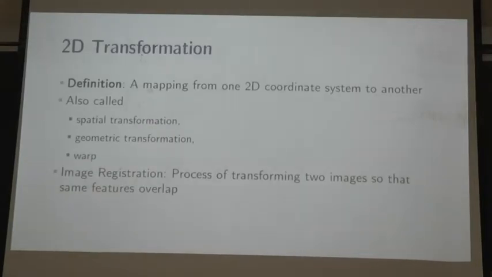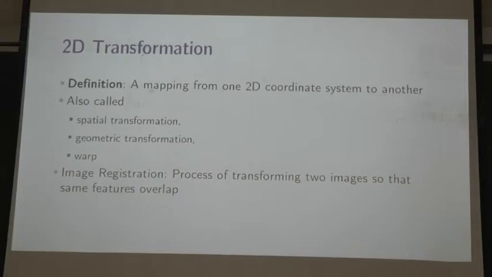Okay, so what is a 2D transformation? A 2D transformation, I've defined it, is a mapping from one 2D coordinate system to another 2D coordinate system. When I say a 2D transformation, what I really mean is a 2D to 2D transformation. The reason I'm emphasizing that is because in this course we'll also talk about 3D to 3D transformations, which are transformations in this world. And we will also talk about 3D to 2D transformations, which is what a camera is. And we will talk about 2D to 3D transformation, which is a structure problem, recovering the 3D structure from an image. Okay?